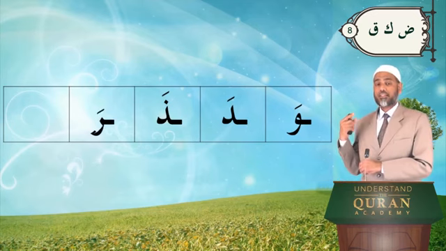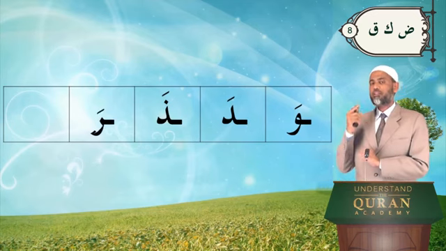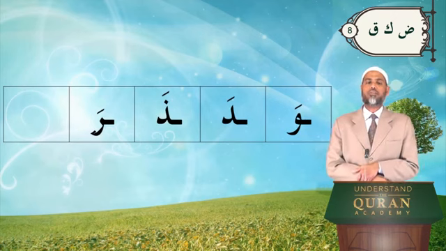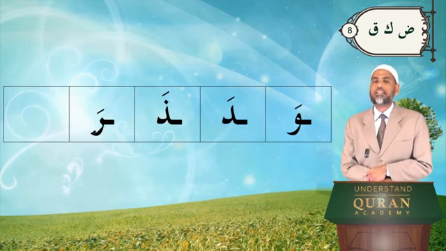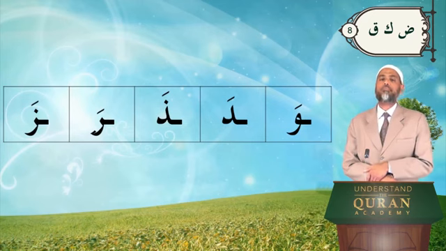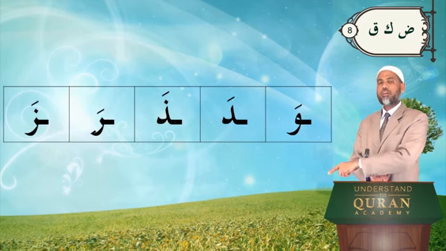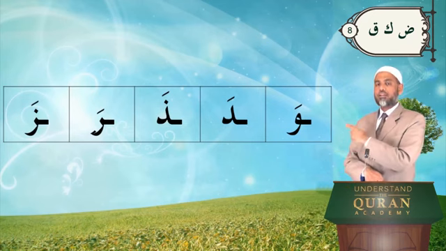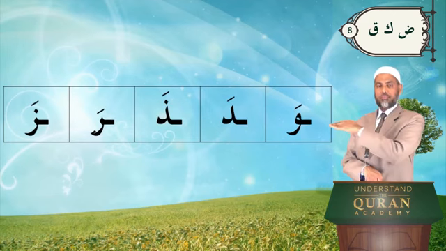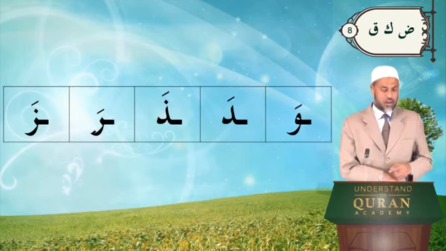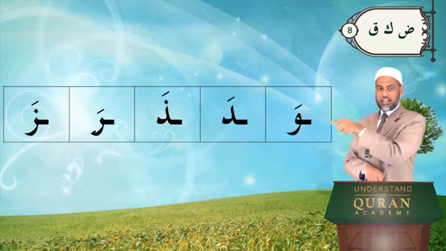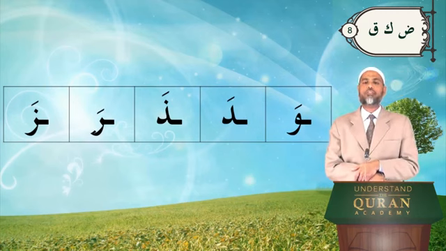Ra, connector is at the top. Even though shapes are different, this is a marked difference, so you will not mix the two. Za, the connector is at the top, and the ra is going down. Dal and dal are kind of above the line, and ra and za are going down. You see the difference there in terms of their positioning.